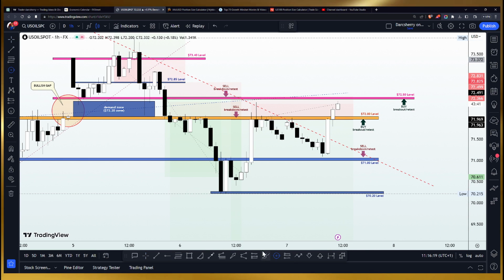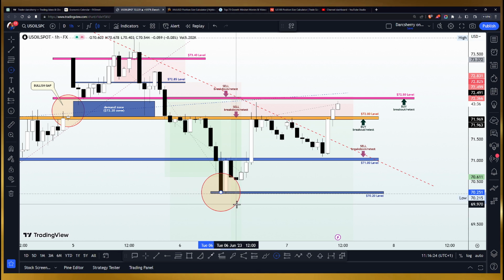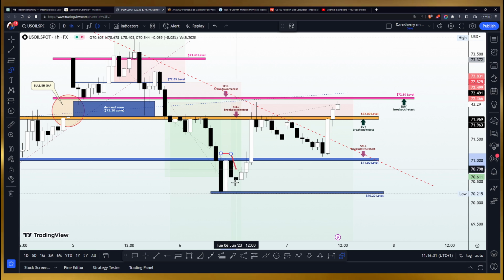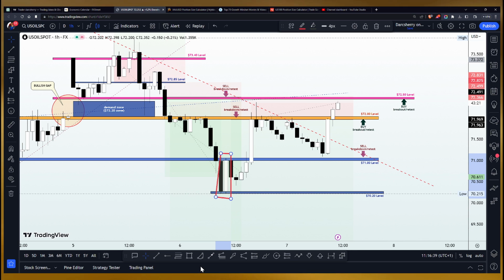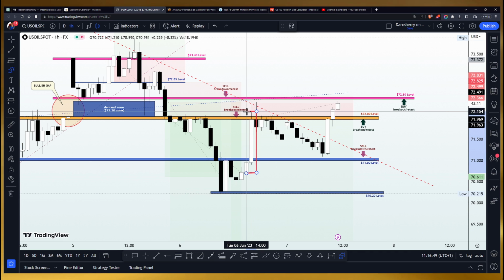So the first time price action dropped, the lowest point price action has been this week is at the $70.20 area. And one thing we noticed, as soon as price action got into that level, we saw an engulfing bullish candle, which you can see here, taking us out of that level. That was the first sign that a bullish momentum might likely be coming in. Then later in the New York session yesterday, we saw another huge engulfing candle bringing price back into the key level here at the $72 area, giving us some selling pressure around that area.